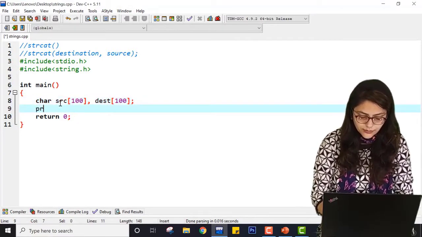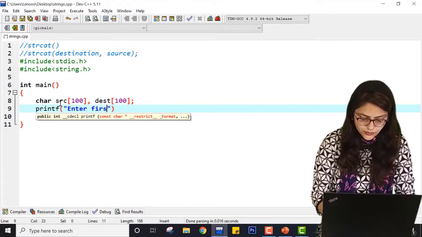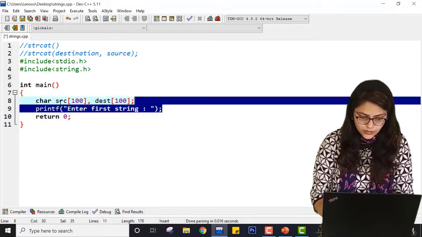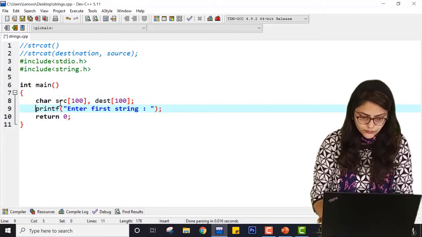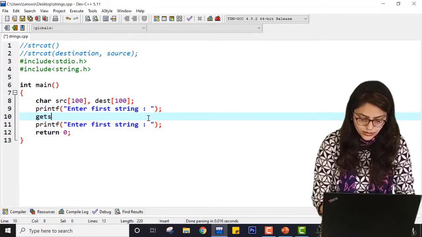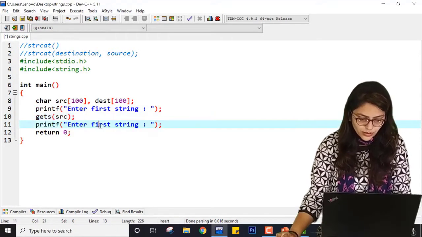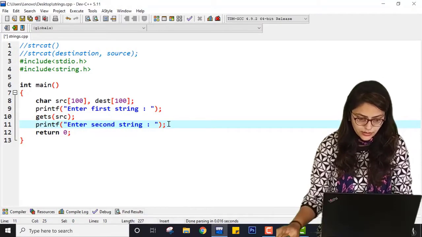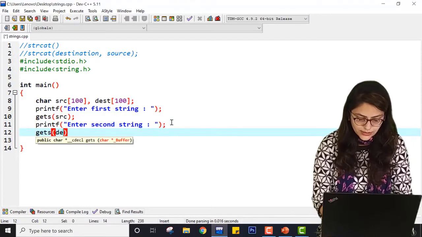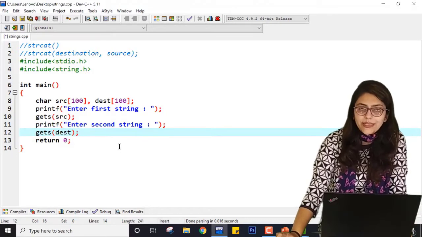After that printf, enter first string, then after it will be here gets(src), here it will be second string, here it will be gets(dest). Okay, so first value will be inside src and second value will be inside dest.